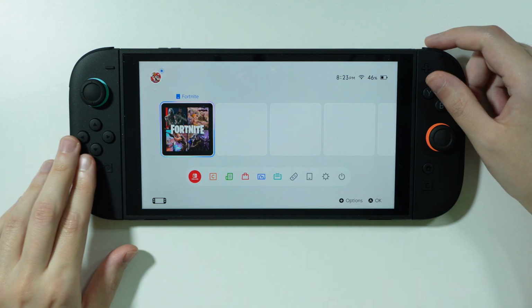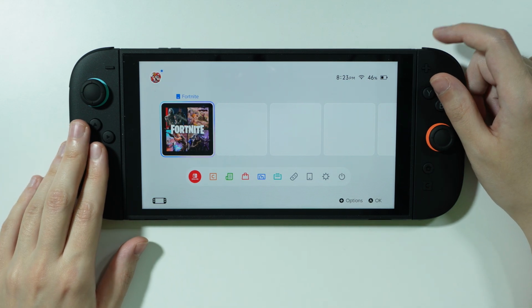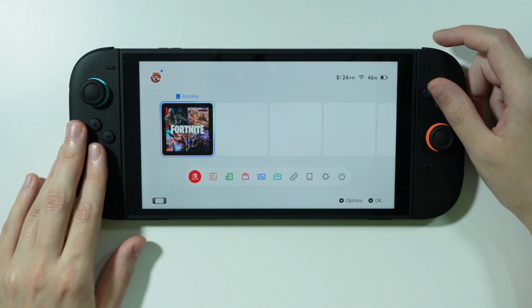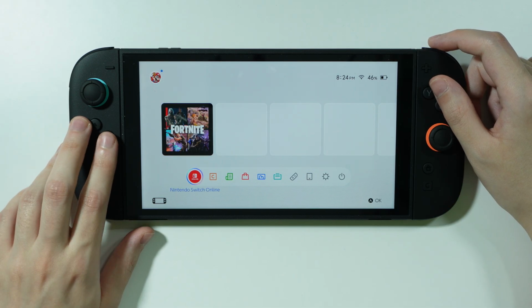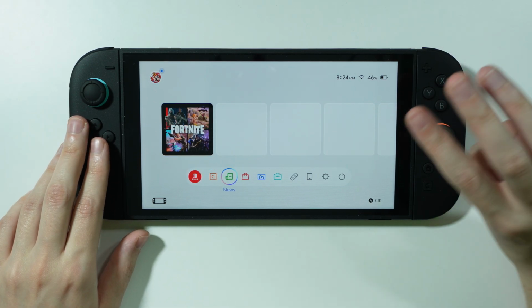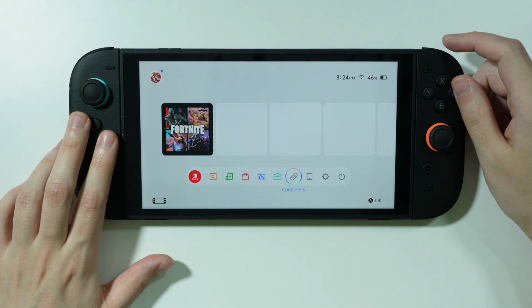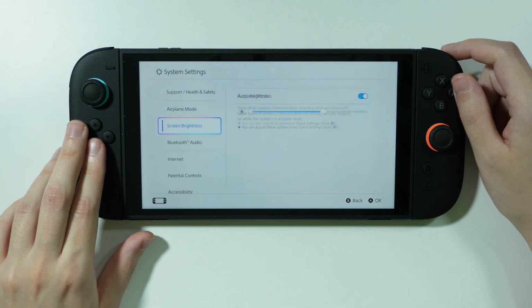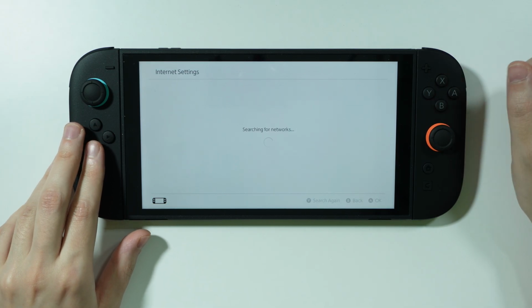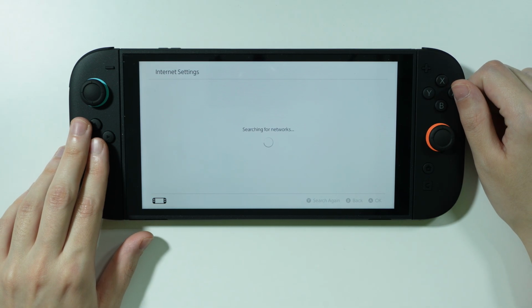If on your Nintendo Switch 2 you experience the 281170001 error code, in order to solve this issue you have three main methods. The first method is to go to System Settings, open Internet Settings, and what you can do is